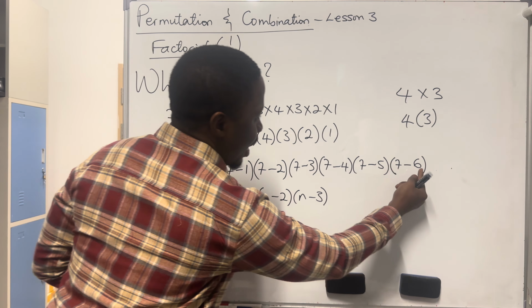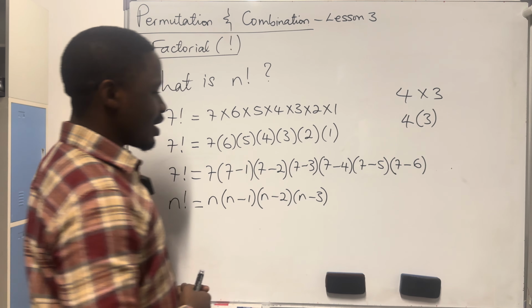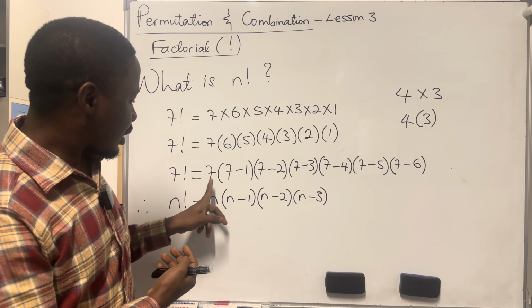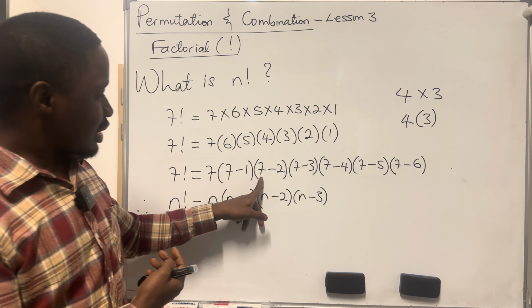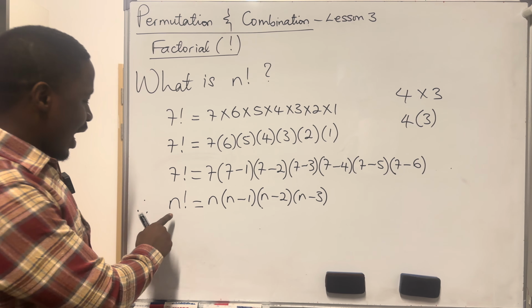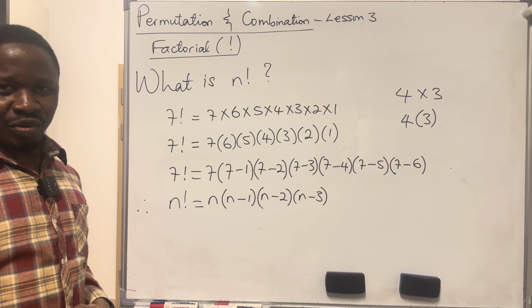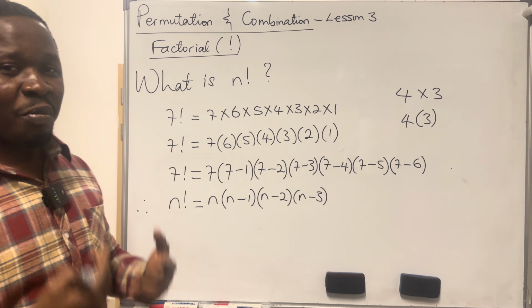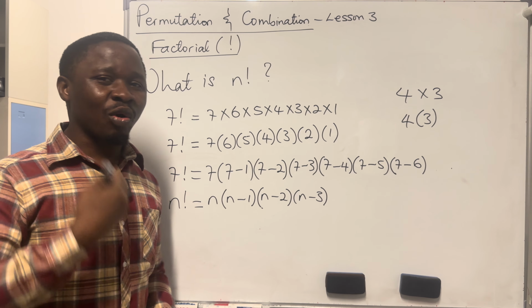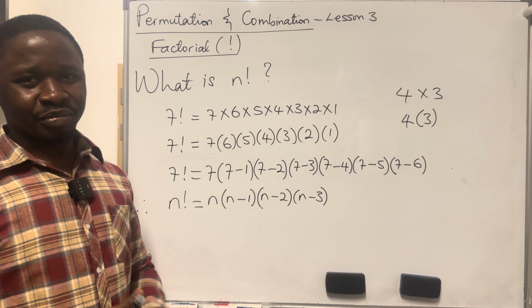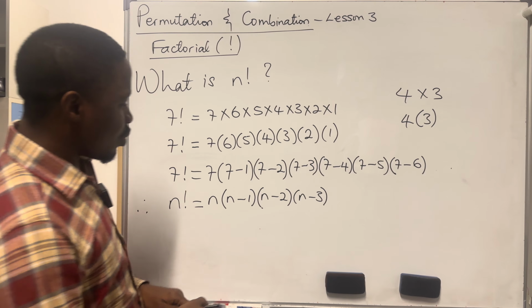Now, 7 minus 6 is 1. But by the look of things, n is not a known value. So it means we cannot physically see the 1. We cannot practically see the end of 1. But mathematically, the end is 1. So therefore, we say